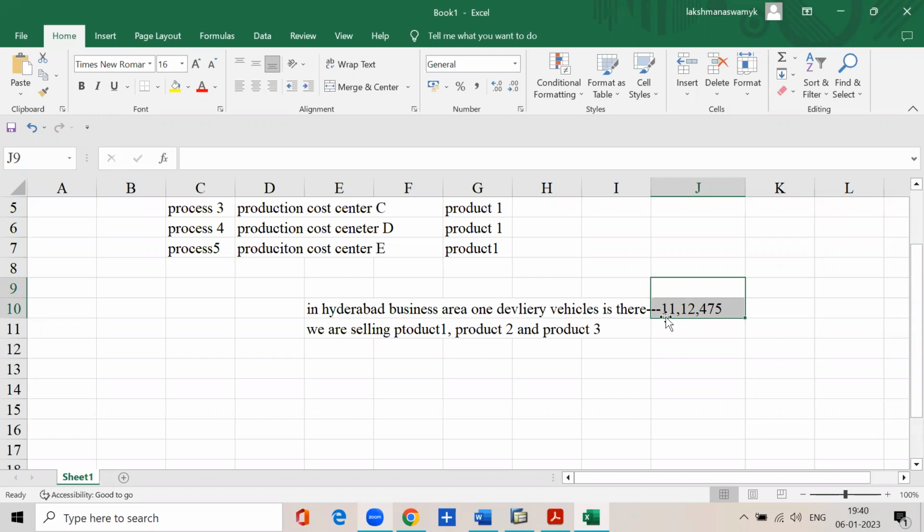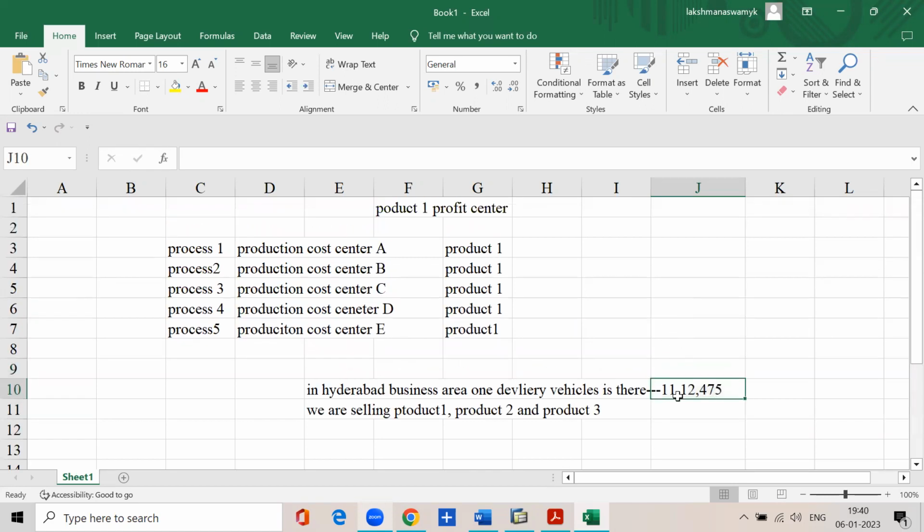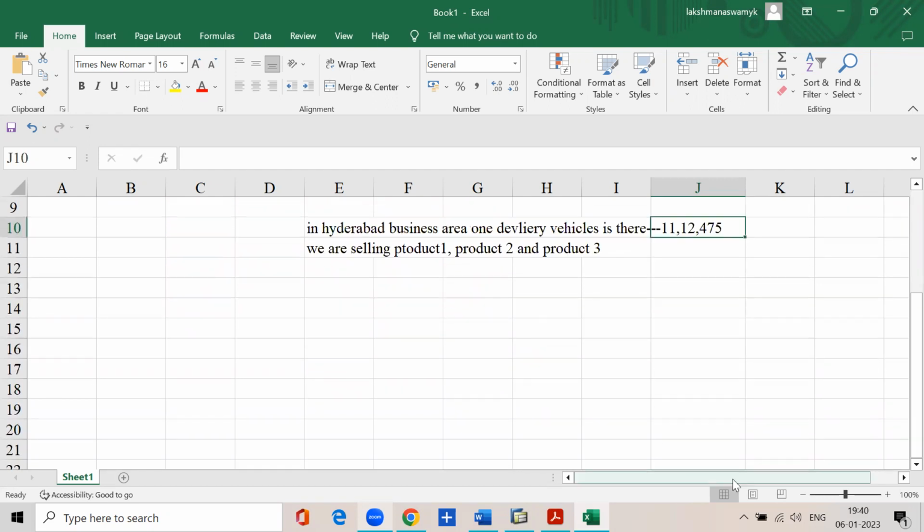No. I'm not talking about the lifespan. I am talking about the acquisition cost. So when we purchased, we will divide the value of the vehicle among the three products, based on the turnover, as you said. Exactly. Turnover may change every month, right? Yes, sir. For example, in the month of January,